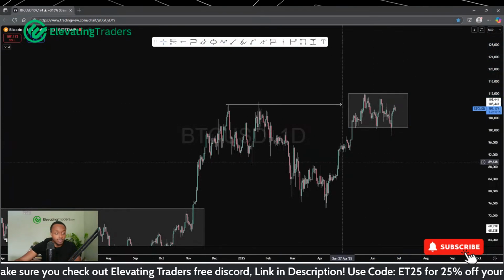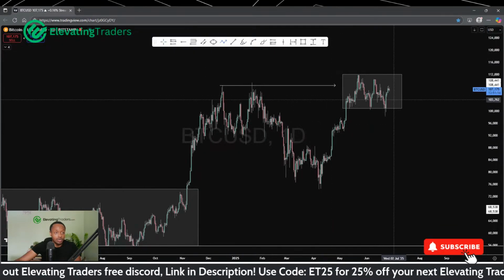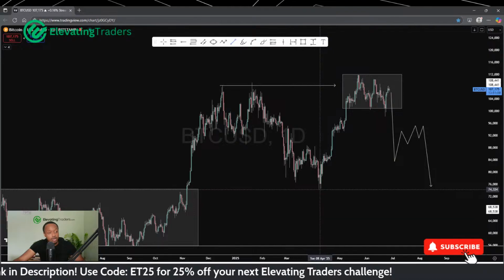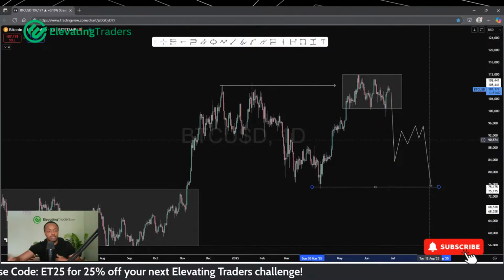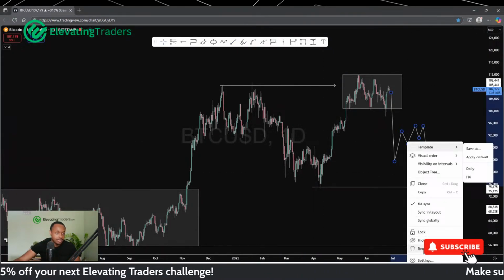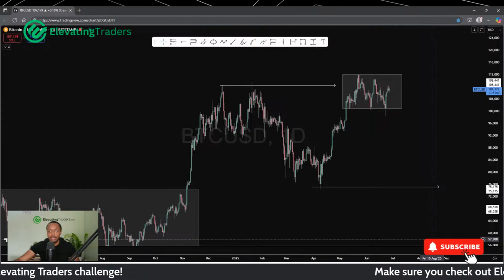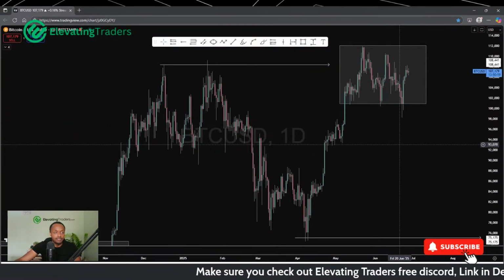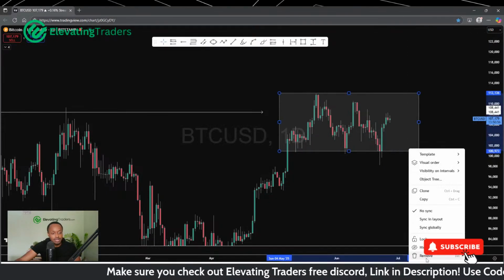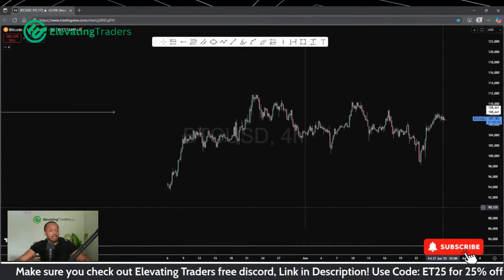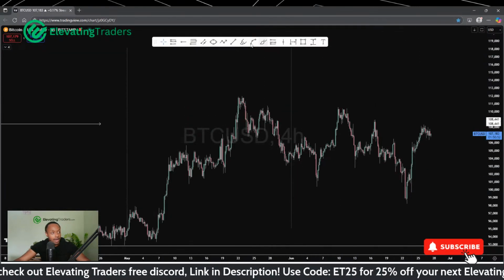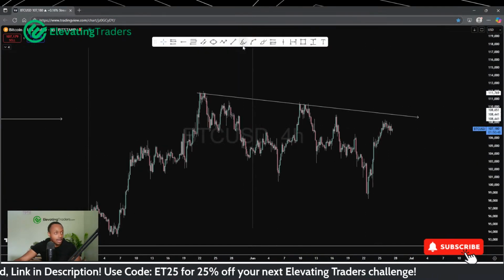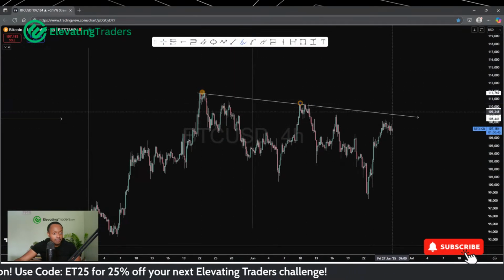Or I can see price putting in a major double top and actually exploding lower, and that could provide some nice sells, going back into these lows here. So I can see price going both ways. I would just wait to see price make that move first and then look for opportunities off the back of that. Yeah, I think that's probably the safest way to play it. There could be some shorts here as we do come back into this trend line. Of course, you've got prior swing highs here.